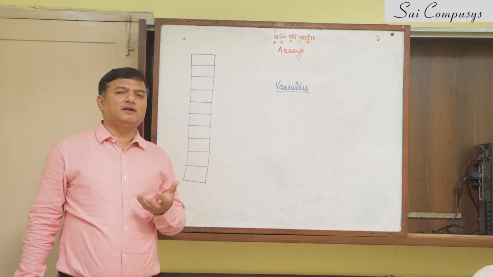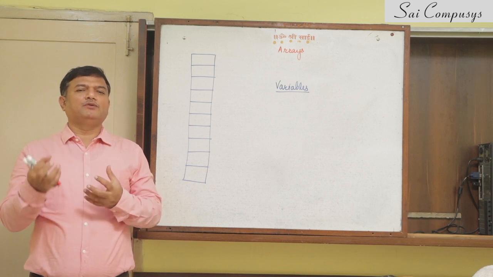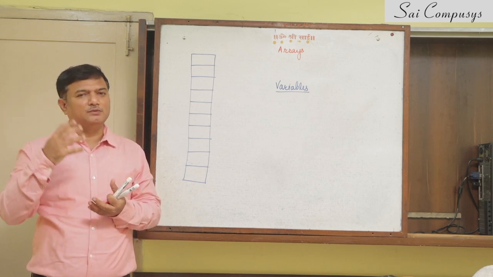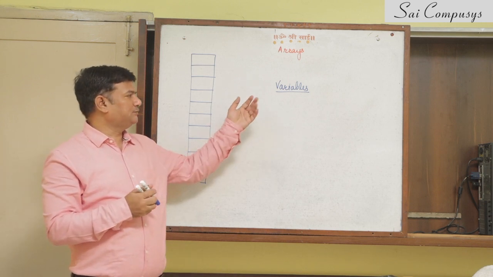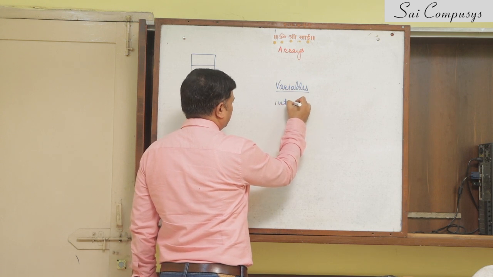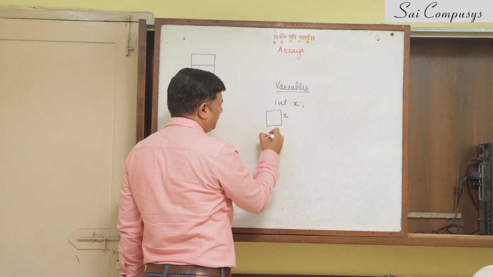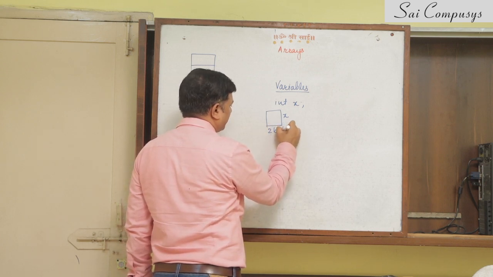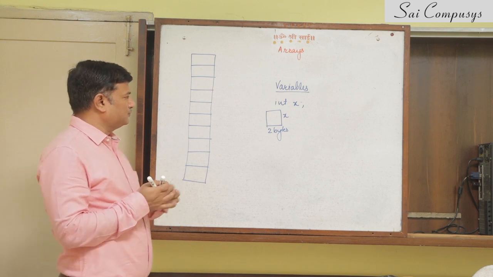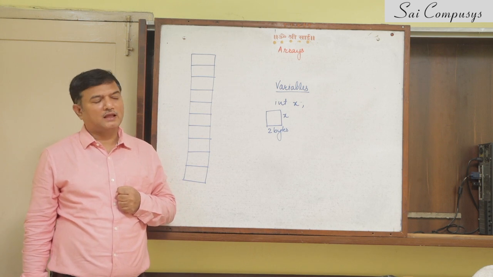Variables are basically containers which can hold something for you. For every operation on a value, you need to store it in a variable, and then the variable is used in the program. So variables we all know, many times we have defined something like this. Let's say int x. It simply creates a container variable of 2 bytes. And this variable is capable of holding any integer value. So to store an integer value, we have earlier defined a variable in the program.